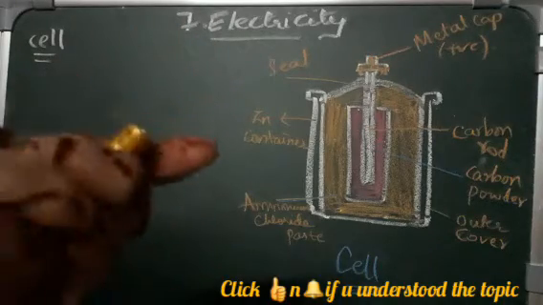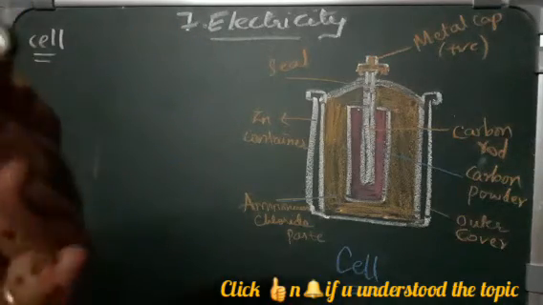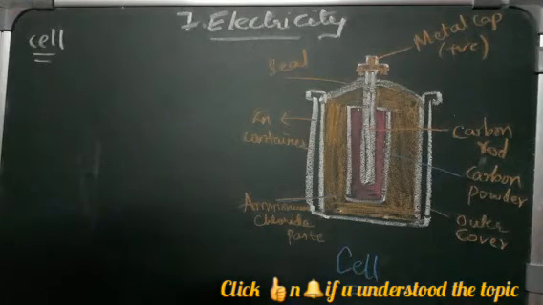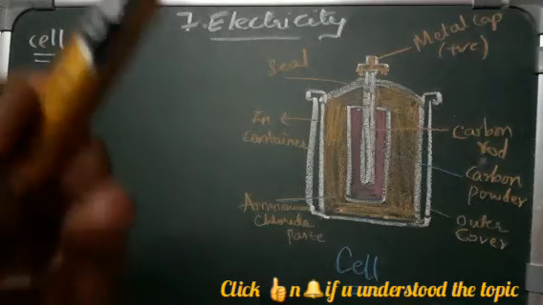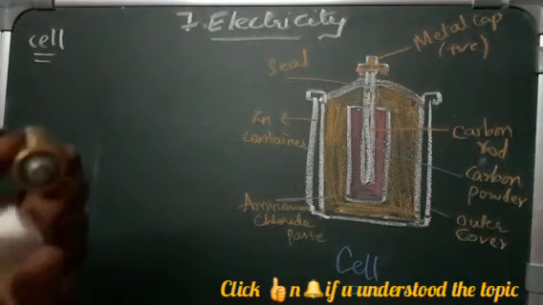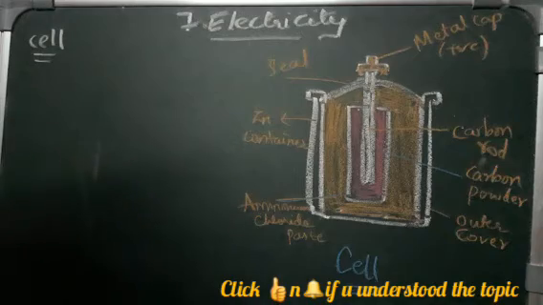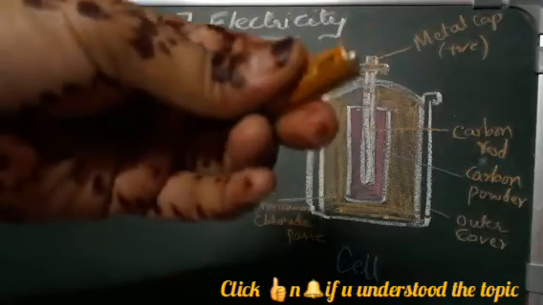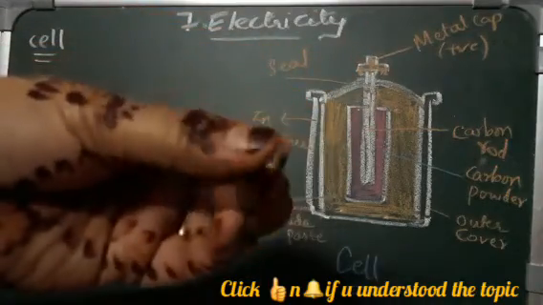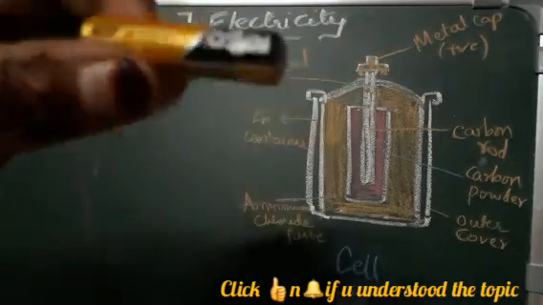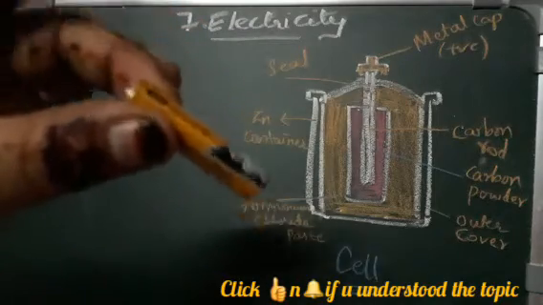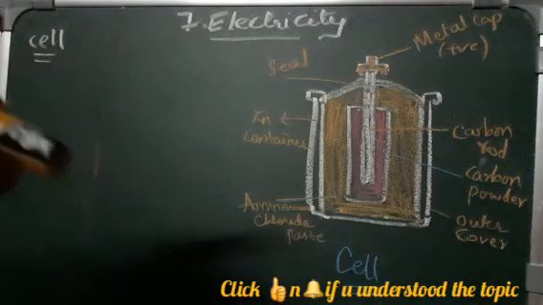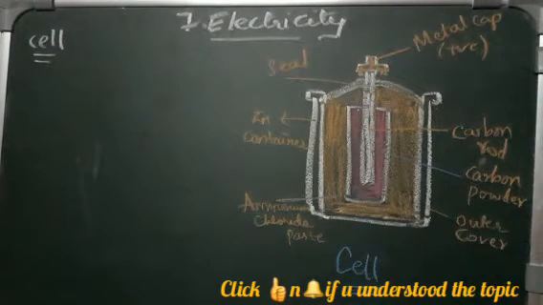So we are going to learn what is present inside the dry cell, what is the material which is present inside this dry cell. So this metal cap is your positive end, and the plain side will be your negative end. So this is the difference between the positive and negative. Now we are going to learn about the inside parts of the cell. So first we'll see that.